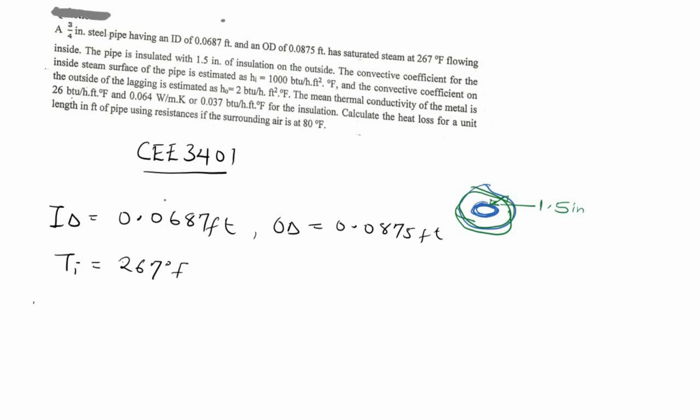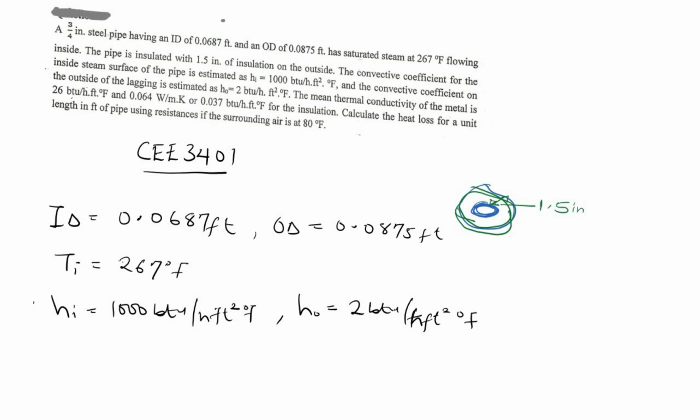And the convective coefficient for the inside steam surface of the pipe, Hi, is given to be 1000 BTU per hour feet square degrees Fahrenheit. And the convective coefficient on the outside of the lagging, H outside, is estimated to be 2 BTU per hour feet square